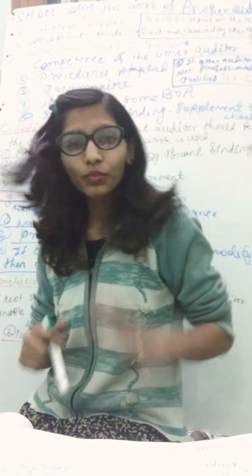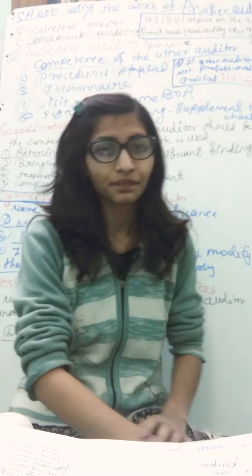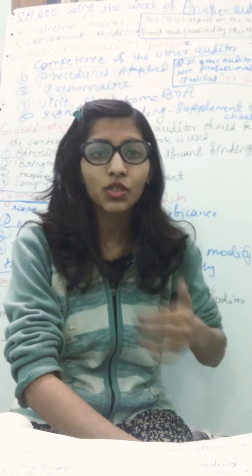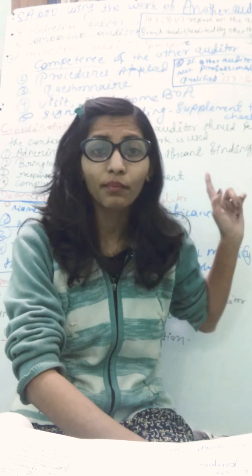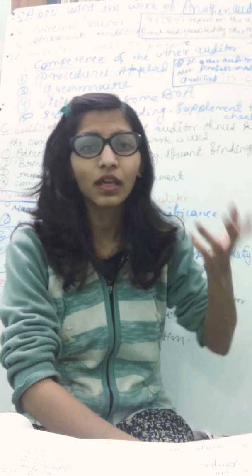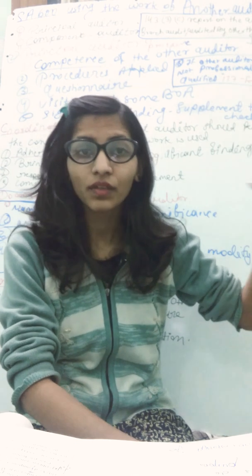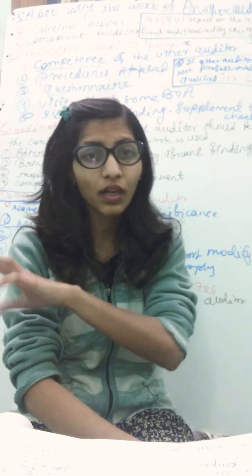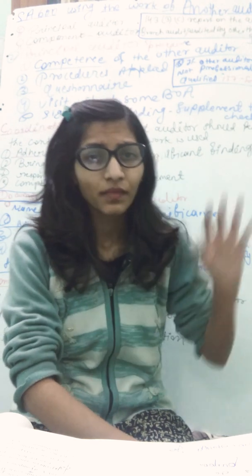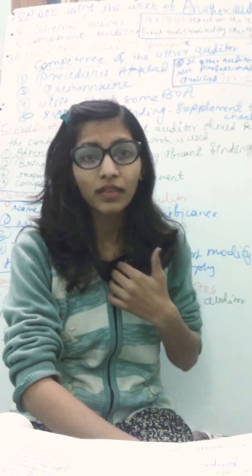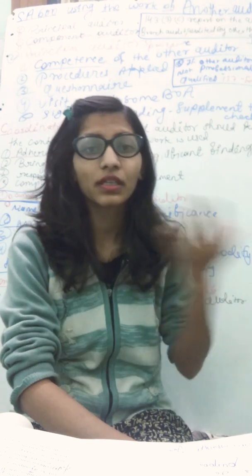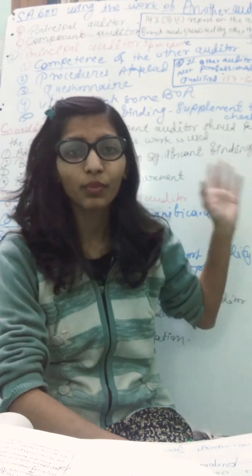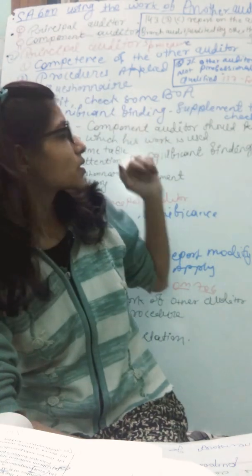And finally, one more point I discuss here: if there is a subsidiary which is a foreign subsidiary or foreign branch, then it is very important that we apply this procedure. The importance of this procedure increases because the auditor of the foreign subsidiary is not a member of our institute, so he is not competent enough in our opinion. So we should apply this procedure here. This procedure's importance increases in this type of subsidiary. So these are all the provisions for the